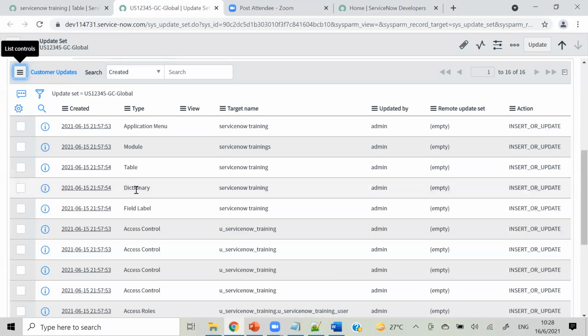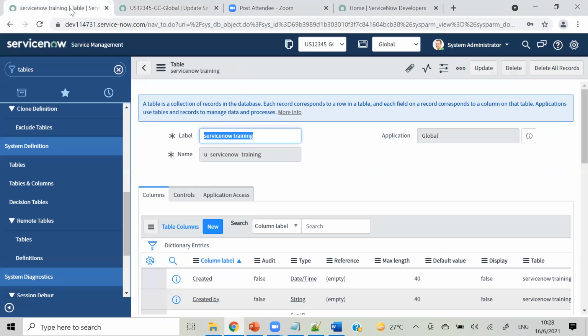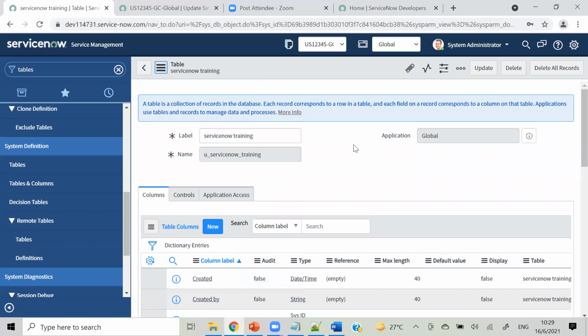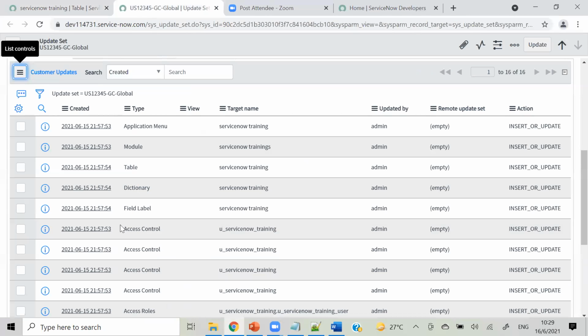Then the dictionary of the table, which we have seen from here, for audit and for making display true or false. That dictionary got created. And field label: we have not created any field, but I told you last time that sys_id is the default field that gets created for each and every table. So that is the one.